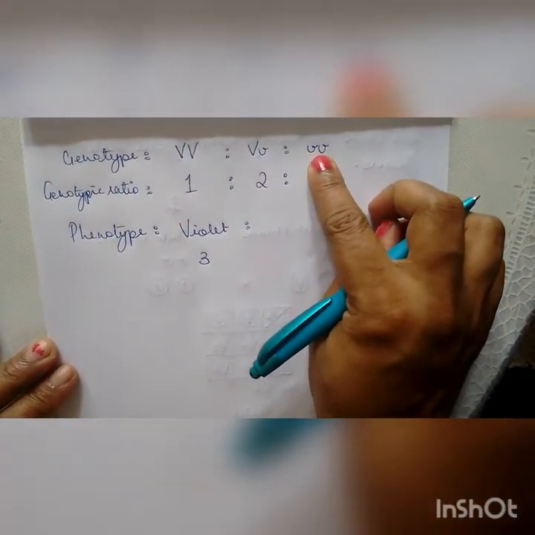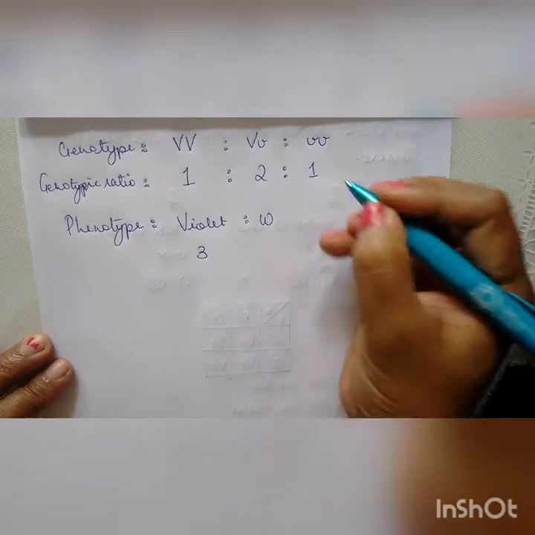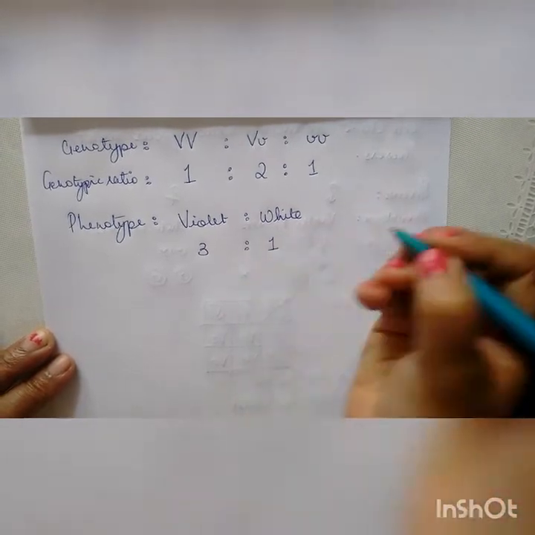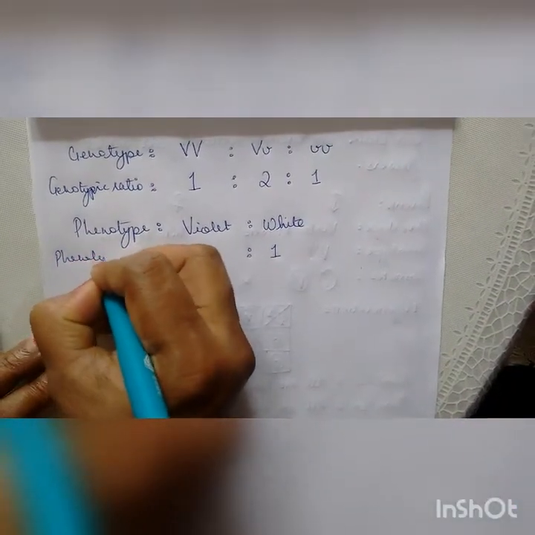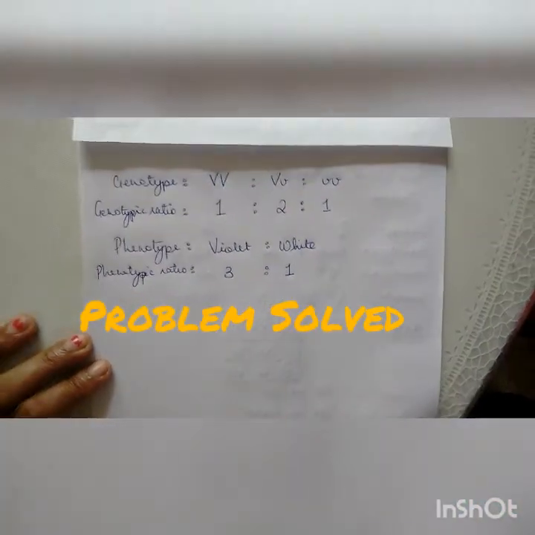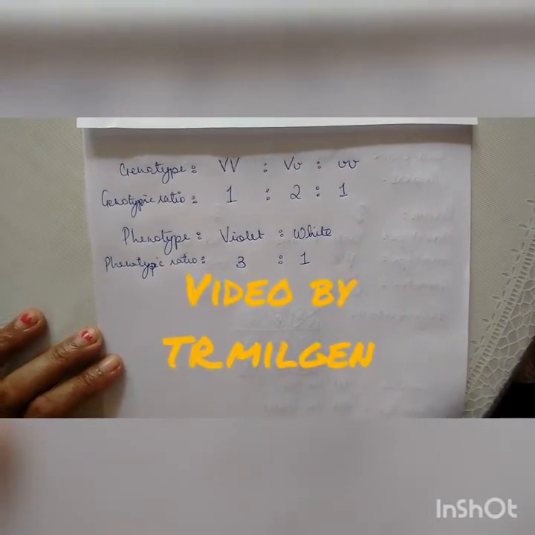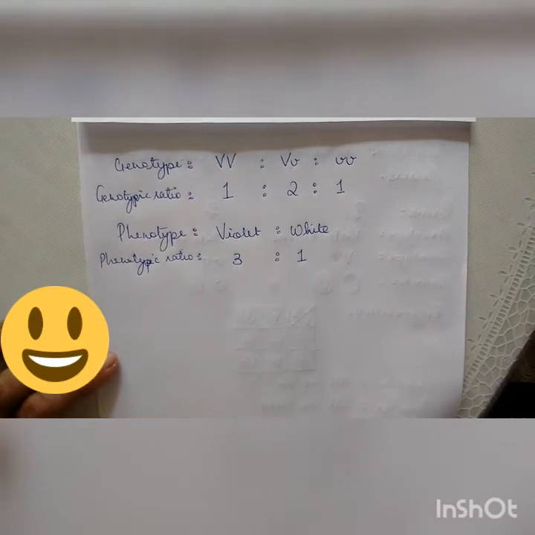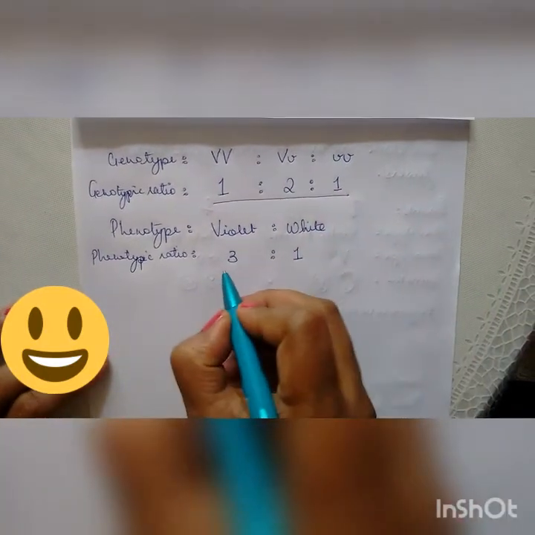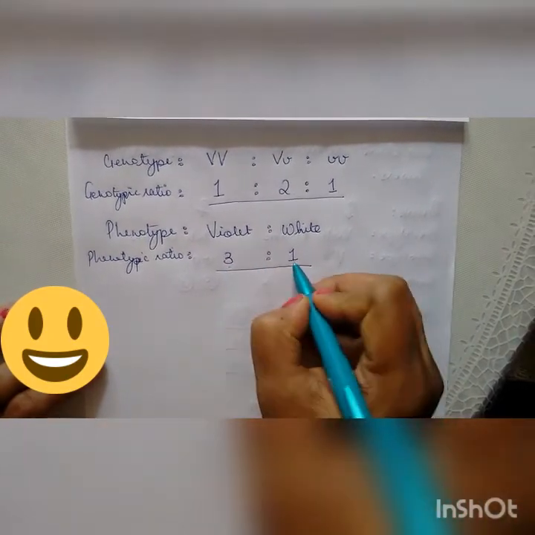What will be the phenotype of this plant? Small v small v means it is recessive, and therefore this plant will produce white flowers. And how many such plants are there? Just 1. And this is our phenotypic ratio. So we have worked out a monohybrid cross in Pisum sativum with respect to the flower color and deduced the F2 generation genotypic ratio, which is 1:2:1, and the F2 generation's phenotypic ratio, which is 3:1. 3 of dominant is to 1 of recessive.